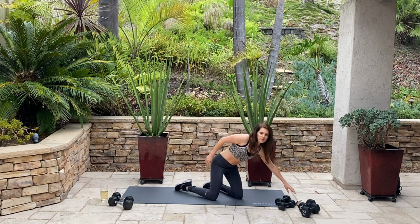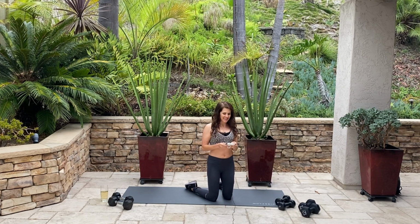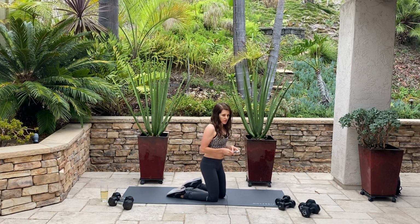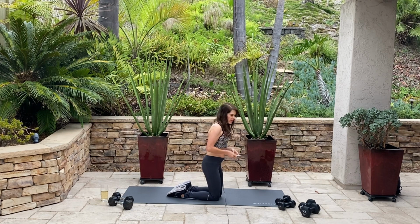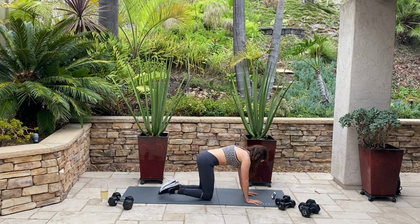All right, so we're gonna do these leg lifts. And we're gonna do them for 30 seconds. And then we're gonna do some pulses. All right, so the first 30 seconds is gonna be full range of motion. So get into a nice,